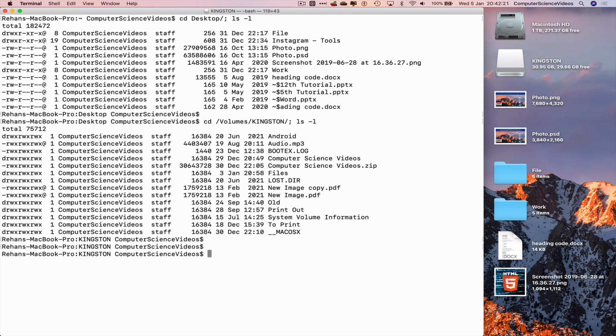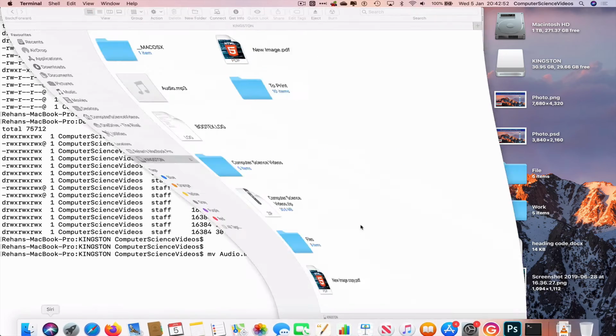The command to move the audio file is mv a, tab, audio.mp3, then the destination to where we want to move the audio file to, which is ~/Desktop, desk, tab, enter. Before we do that, let's just go all the way down to the dock, go to Finder,